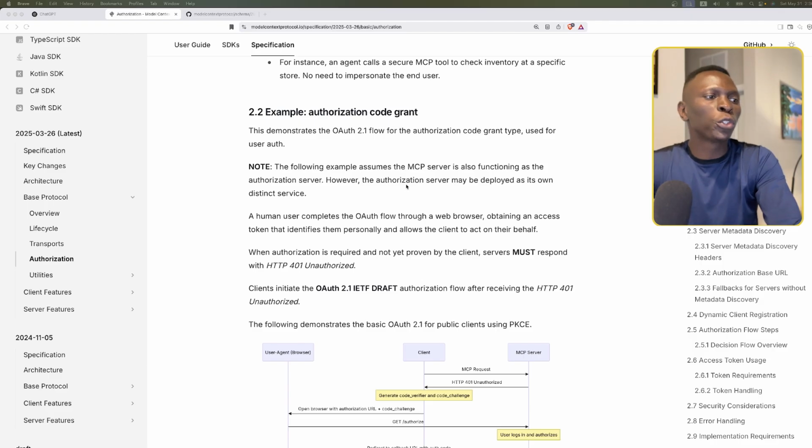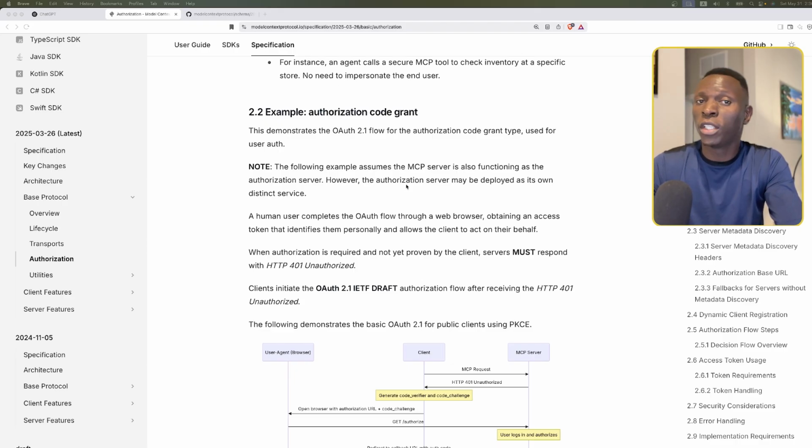A human user completes the auth flow through a web browser. So they're recommending a human to execute the auth flow. I don't know if a machine can do that. It's possible, but a human user has to complete the auth flow, obtaining an access token that identifies them personally and allows the client to act on their behalf. And that's OAuth